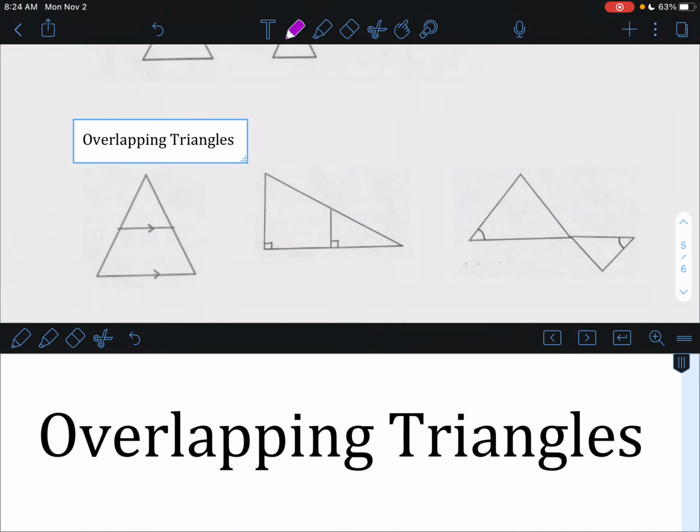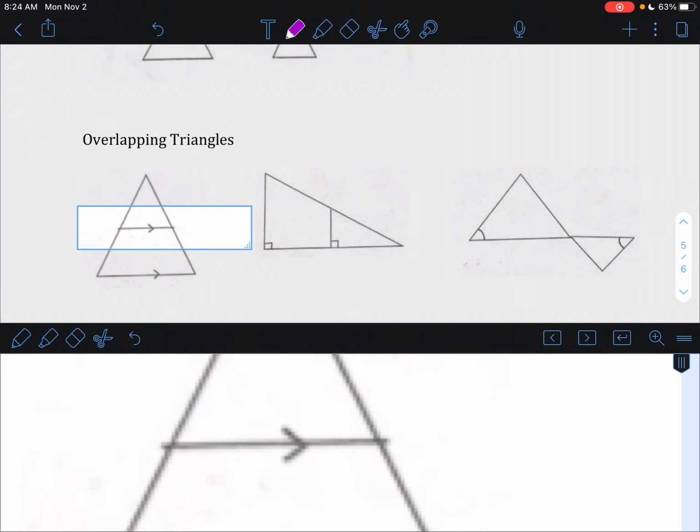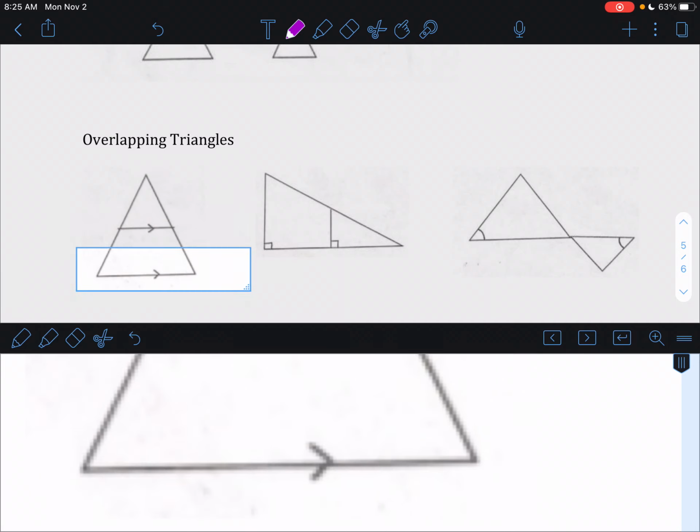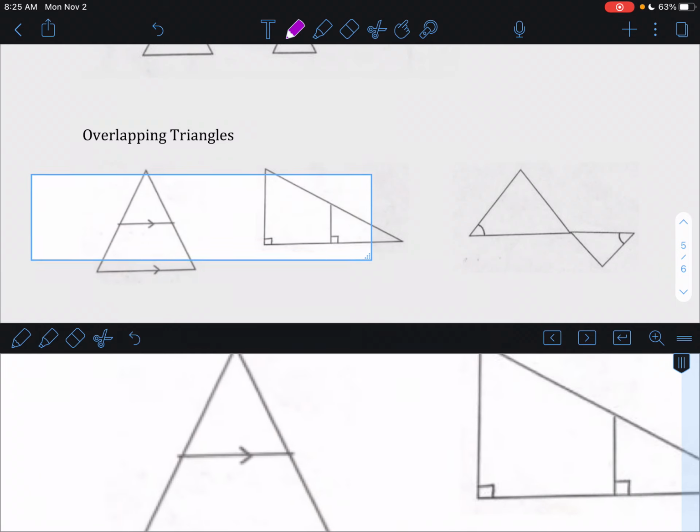All right, and then we have some problems with overlapping triangles, and we saw a problem with overlapping triangles on Friday that I discussed how to do. But here's how we know that these overlapping triangles are going to be similar. So on this first one, we're not given any markings except for the parallel lines. And if these two lines are parallel, well,